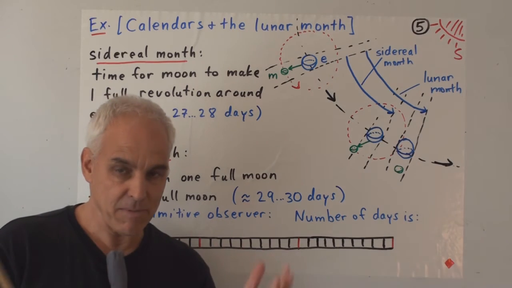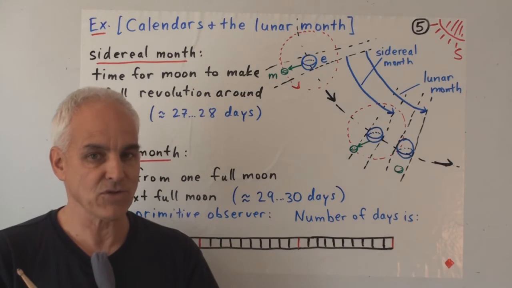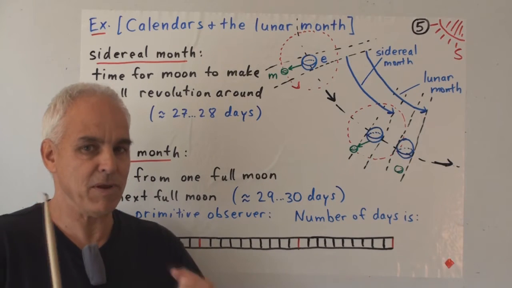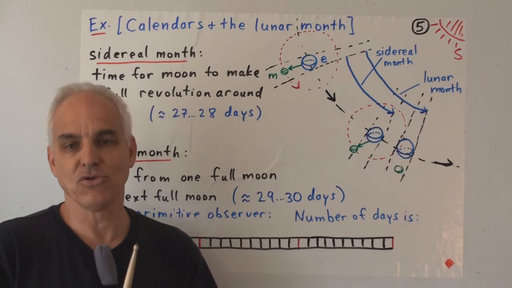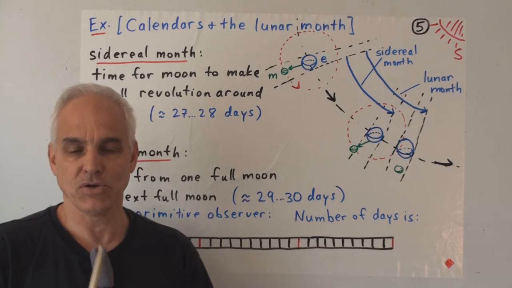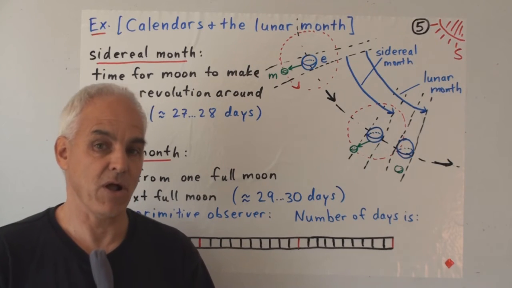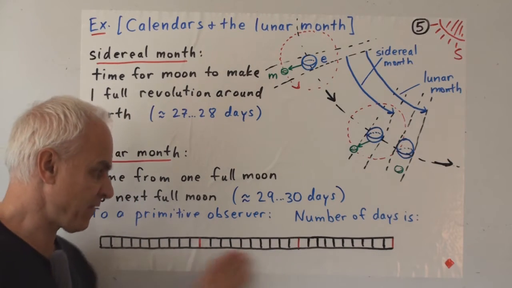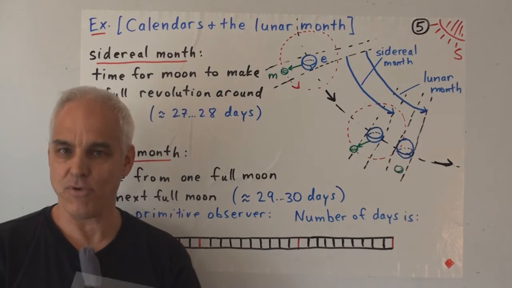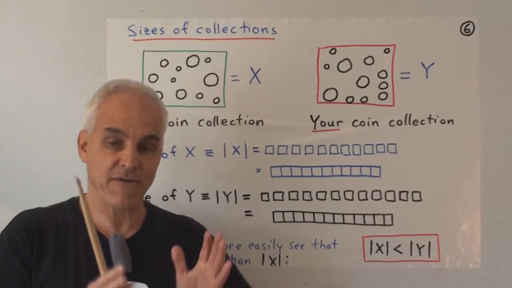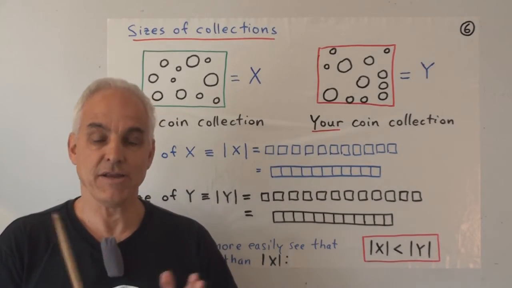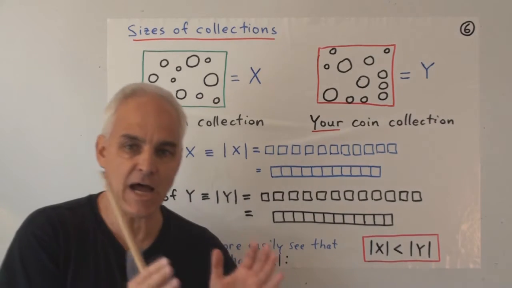So as we become a little bit more sophisticated in the kinds of things we're counting, we are going to be wanting to introduce more efficient notation and more efficient terminology. But let's stick for now with this kindergarten approach. So the idea of counting a collection naturally leads to the idea of the size of a collection.